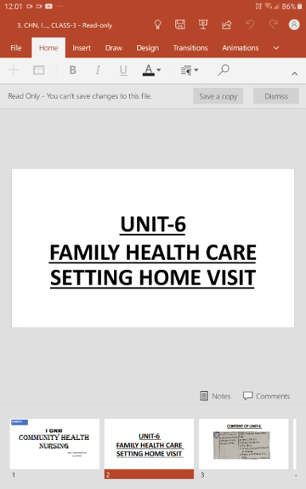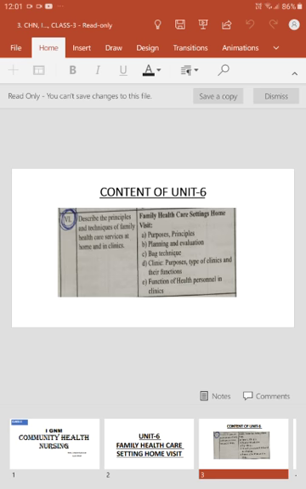In the previous classes, we have seen what is home visit, what is the purpose of home visit, principles, planning, how we can make a home visit planning and evaluation. Along with the home visit, we have seen the class of bag technique also. What is a public health bag? What are the uses of the bags? What are the principles you should maintain while you are doing these bag technique procedures? Actually, the home visit we call the backbone of community health nursing.